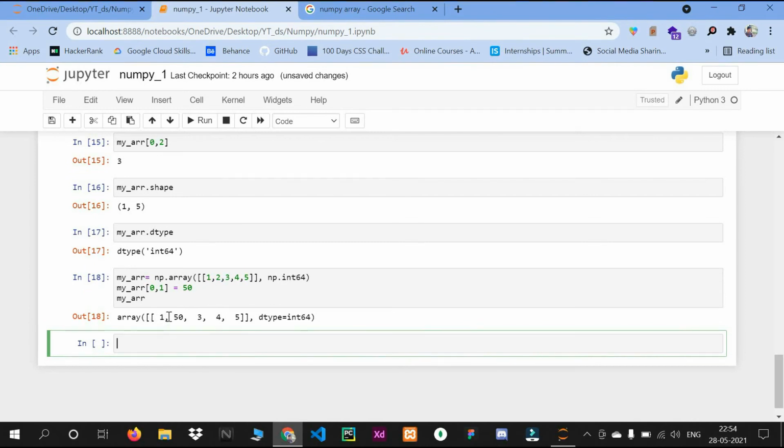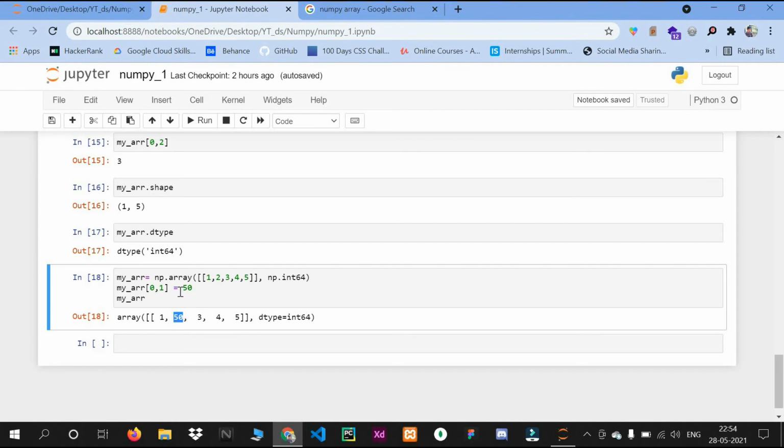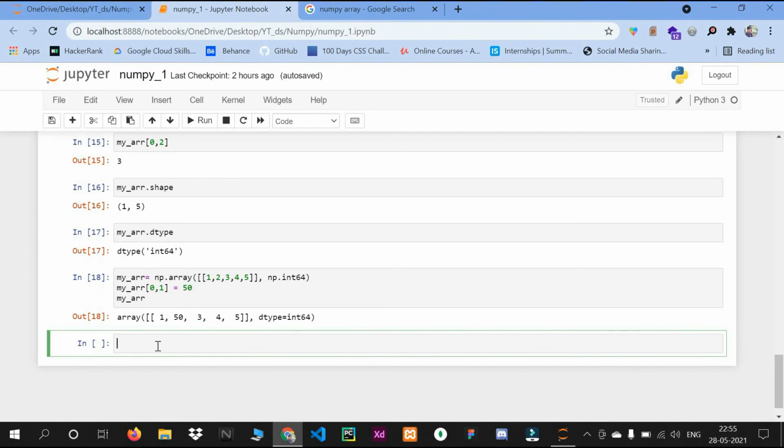So you can see the 0th row and first column was 2, which is now replaced by 50. So 50 is our new item of the array. It just returns a copy of the array.